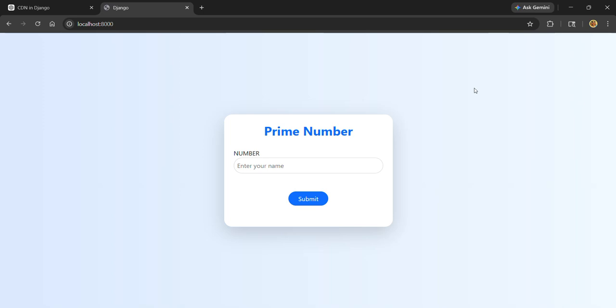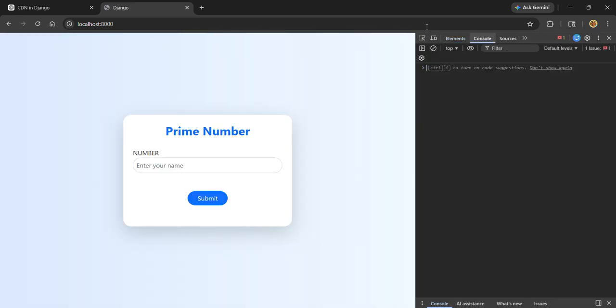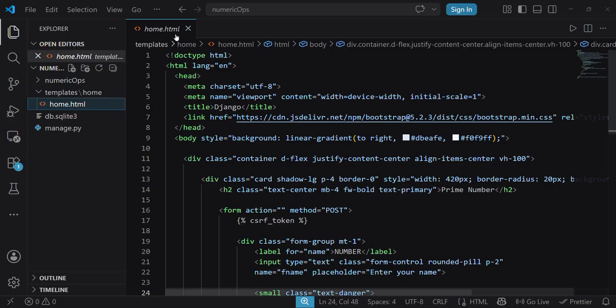If I inspect, go to the console, empty the cache, do a hard reload, and do a normal reload, you need to do this so that when I submit the form, the previous data will not be stored. Now if I go to the code, first of all I will close this